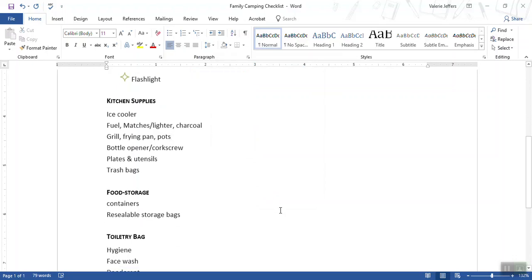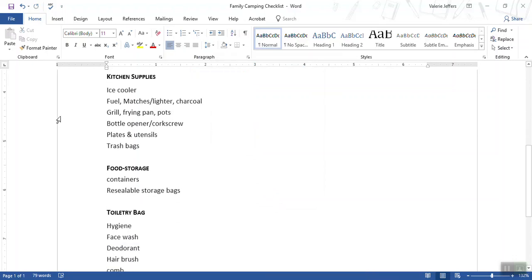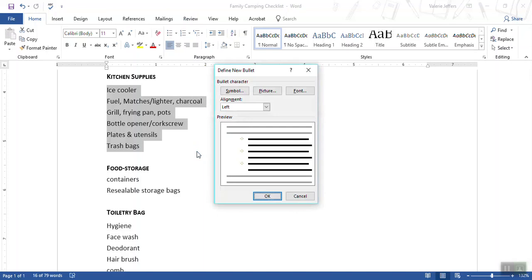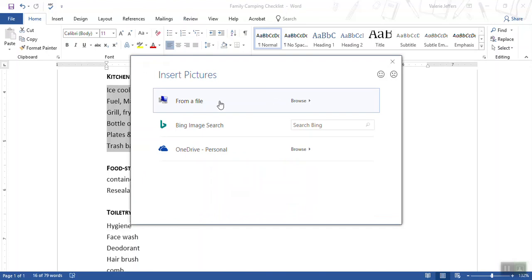We're going to define another new bullet on the next group. Let's highlight. Arrow down at the bullets. Select define new bullet. And we're going to make this into a picture. Click on picture. We can choose from a file on our system by browsing. We can also search Bing for an image on the internet, or we can get an image from our OneDrive